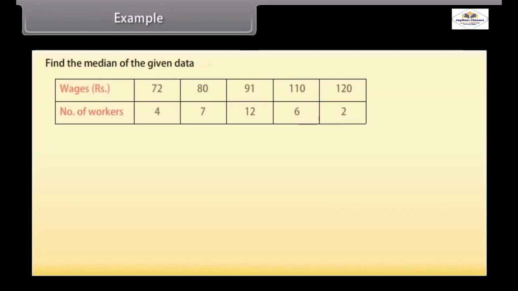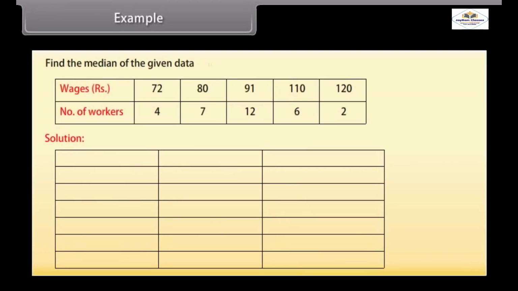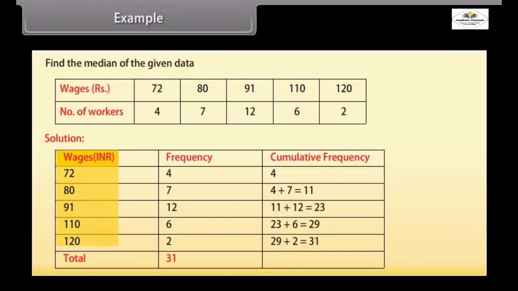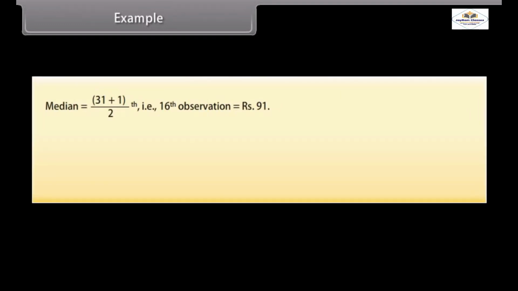Find the median of the given data. Solution. In the first column, we have written the given wages. We have written the given frequency. The sum of the frequencies is 31. In the third column, we have found the cumulative frequency for each wage by adding the previous frequency to the current frequency. After that, we have found the median, which is the (31 plus 1) by 2th observation,